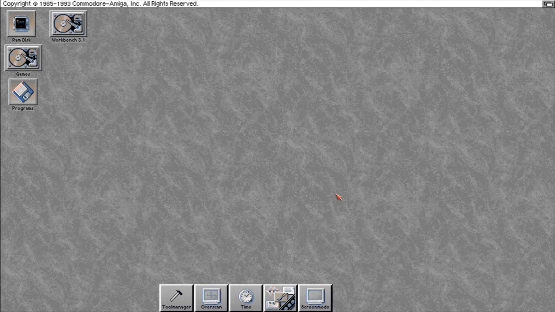We're going to be looking at two directories today: ENV and ENV-ARC. Now these directories reside in RAM and actually on the hard drive itself. So the ENV resides in RAM and ENV-ARC is on the hard drive or the Workbench disk. Now these two folders, or two drawers as they're called in Amiga talk, allow you to,